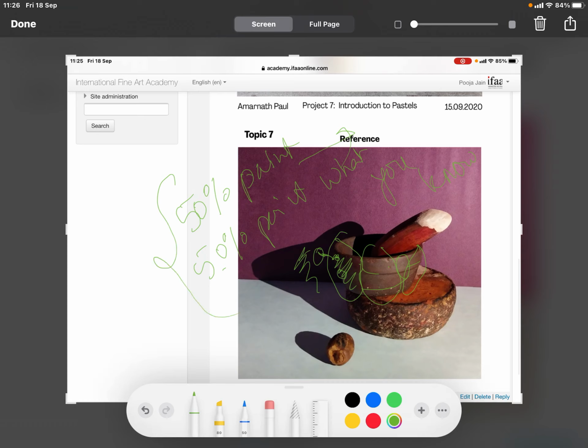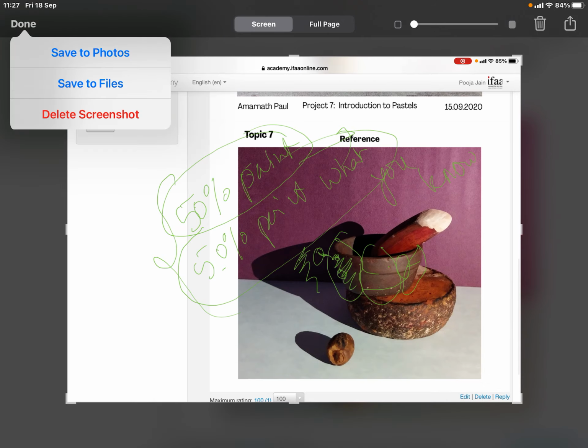This is how old masters produced paintings. They follow 50% what they see and 50% what they know, and together they exaggerate the values, they exaggerate the color scheme, they sometimes even fix the drawing. So this is what you can do, and all the best. Your drawing is looking amazing.